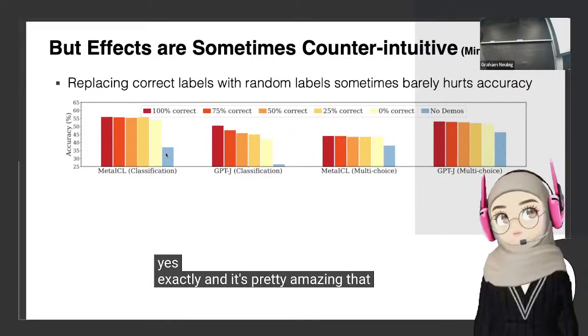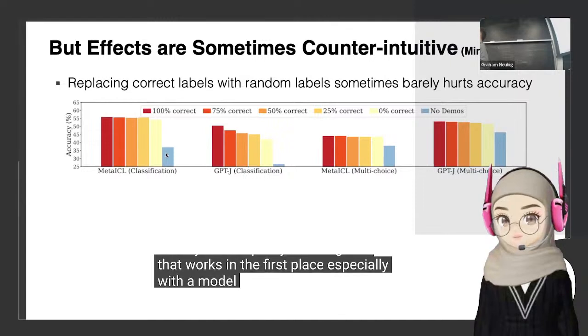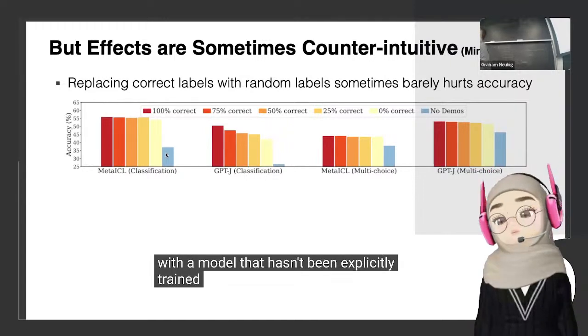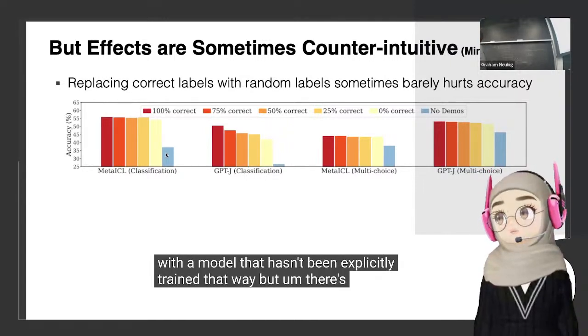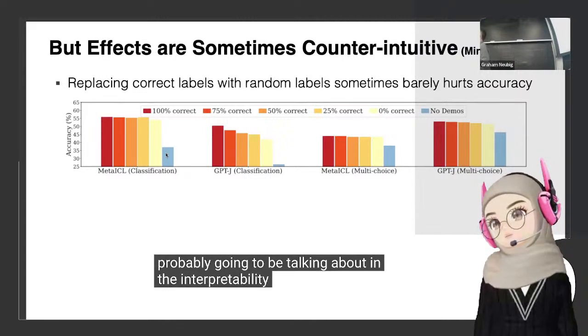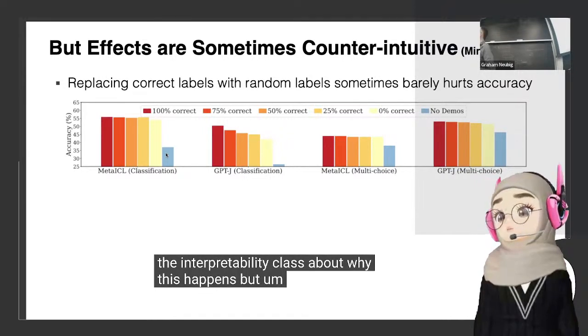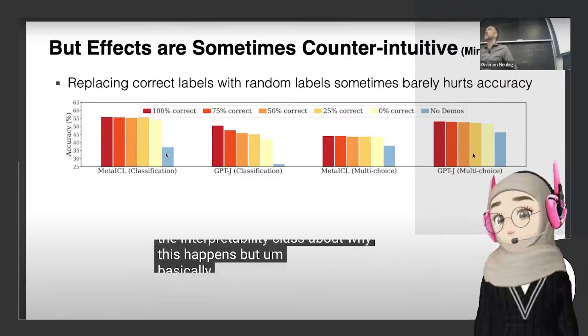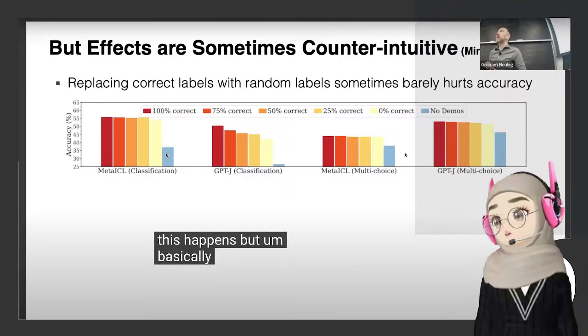And it's pretty amazing that that works in the first place, especially with a model that hasn't been explicitly trained that way. But there's a fair amount of research that I think we're probably going to be talking about in the interpretability class about why this happens. But basically, we're having an